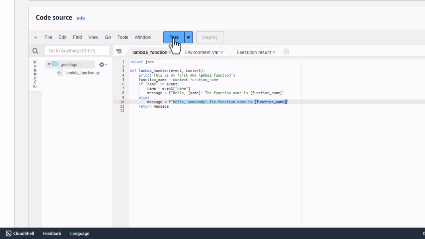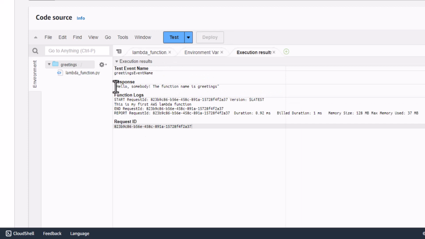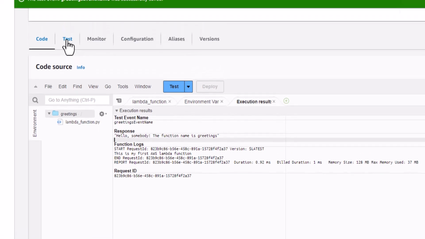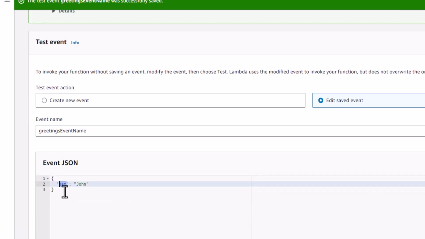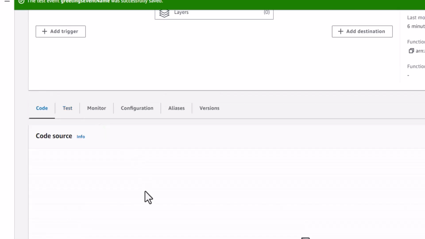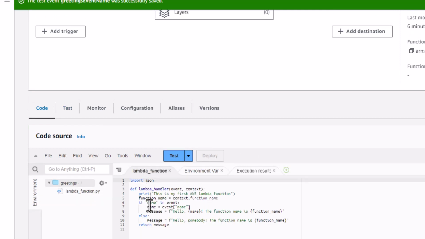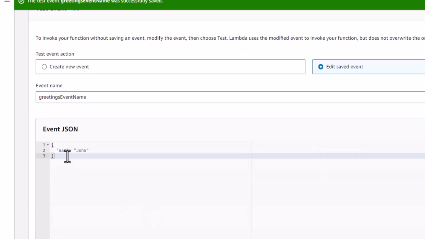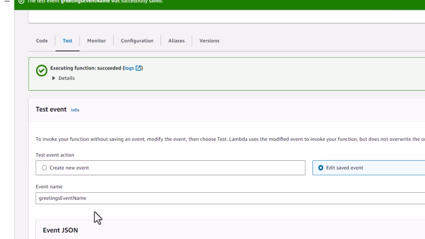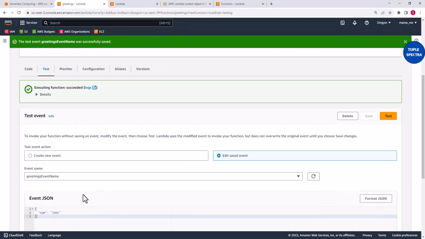Okay, so let us test. Very good. You can see right here, guys, hello somebody. The function name is greetings. Why did we get hello somebody? Because in our event, we don't have name right here. In our code we are checking for name, N-A-M-E, but in the test right now I only have N-A-M. Okay, you can see right there, guys, how you can create your very first simple and basic